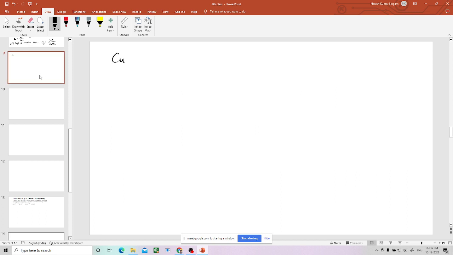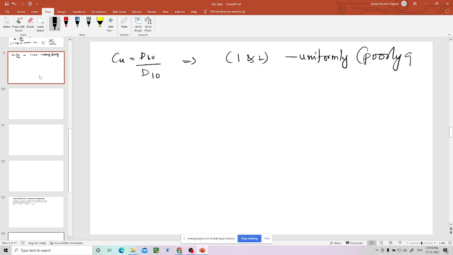If Cu, which is the quotient of D60 by D10, lies between 1 and 2, this is called uniformly graded. You remember, that means poorly graded. Now, if it is greater than or equal to 4 for gravel, or greater than or equal to 6 for sand,